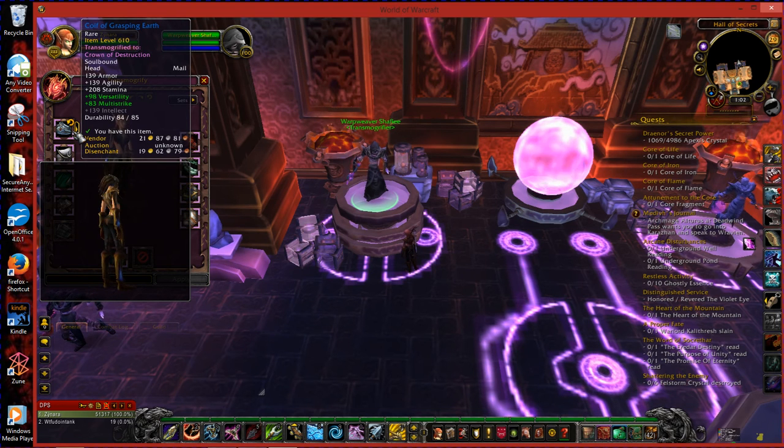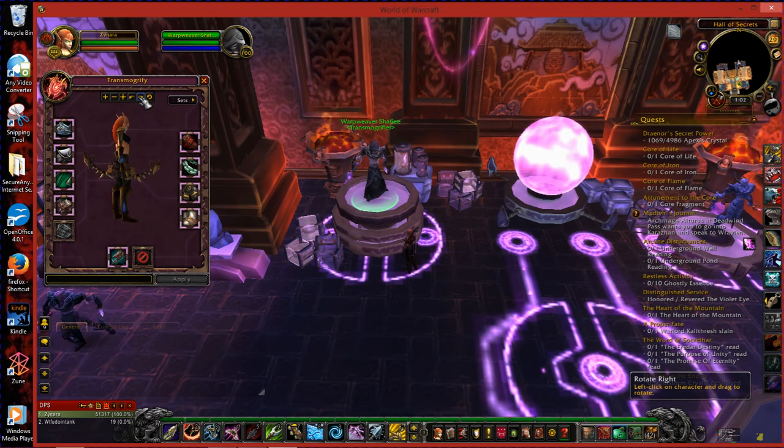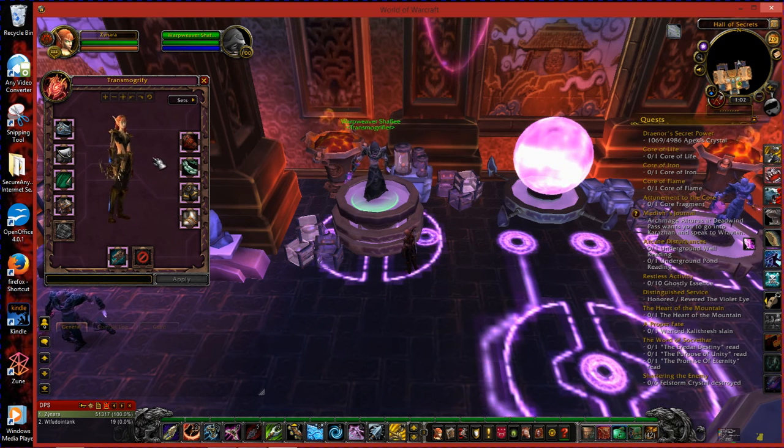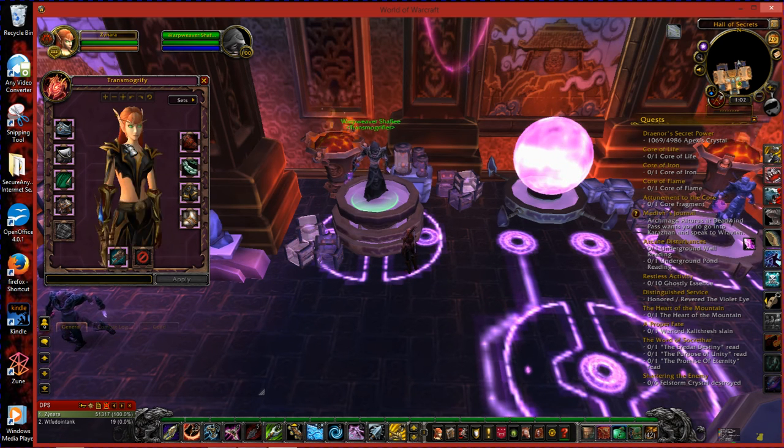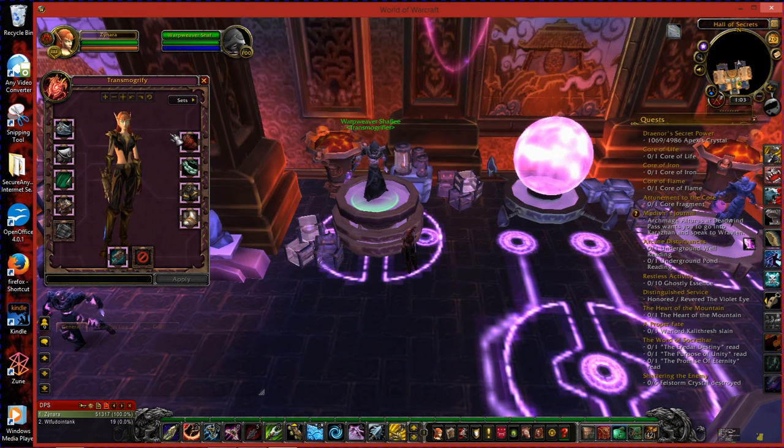Now, since I typically don't use helms, I'm not going to be using that for this one. If you'll also see, you can use these little buttons up here to move your character around, or you can use the normal push-pull method with your mouse. Zoom in, zoom out with the mouse scroll, or you can use the buttons, whichever one you like better.